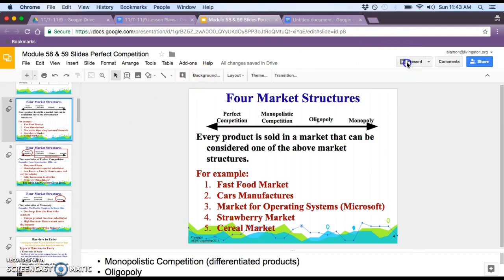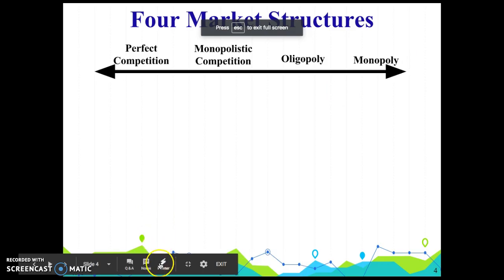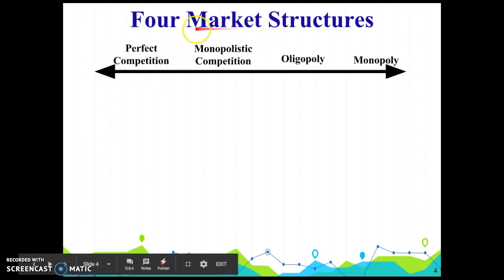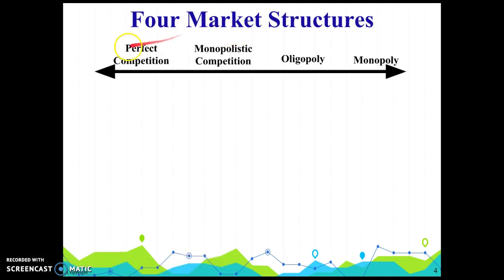So Module 57 is an overview of the four different types of market structure. So it's essentially an overview of the next month of class almost. These are the four types of market structures, right? A market is anywhere where there's buyers and sellers, and these are the four